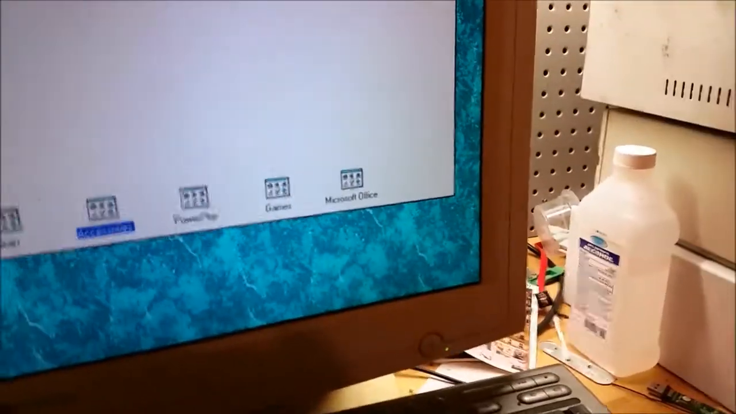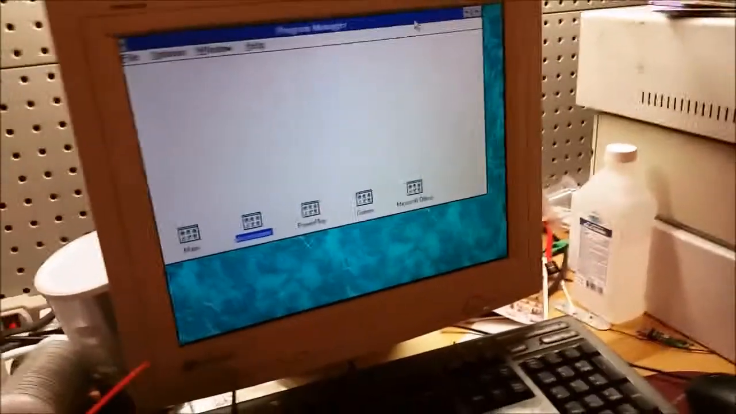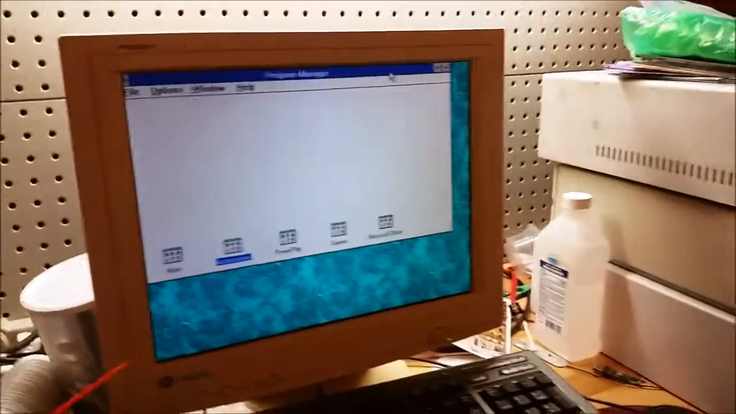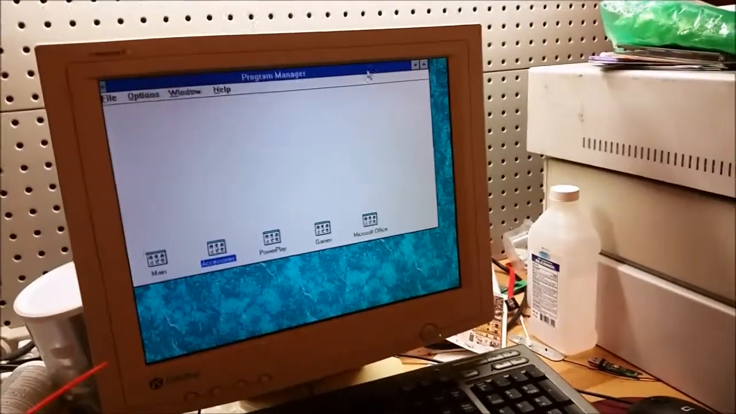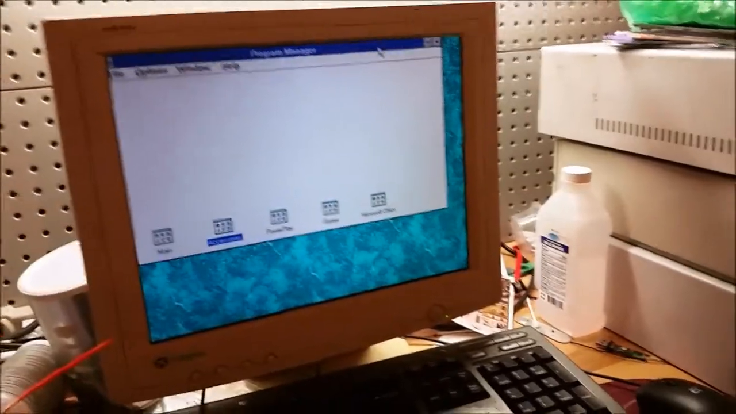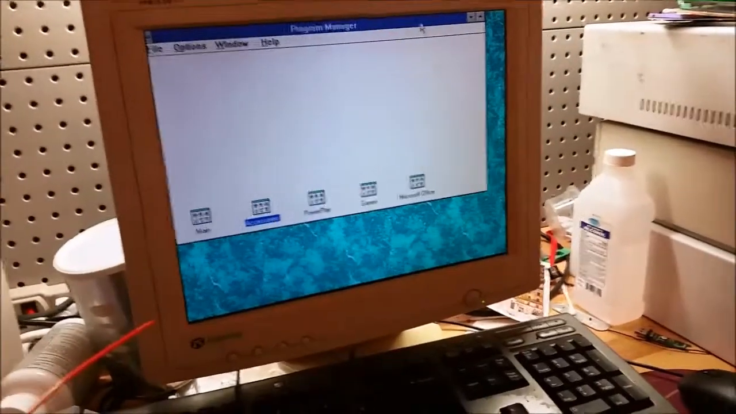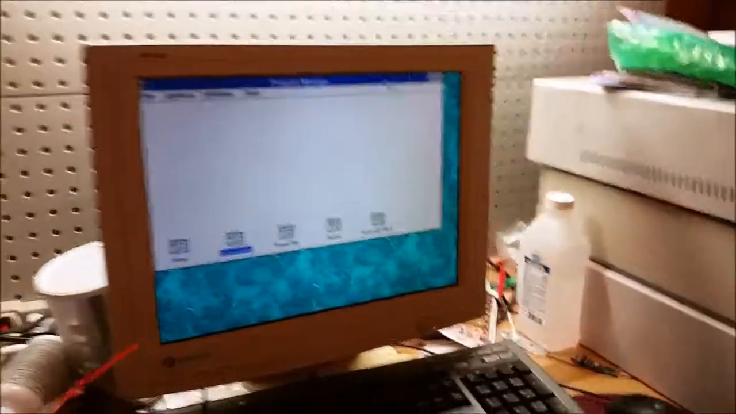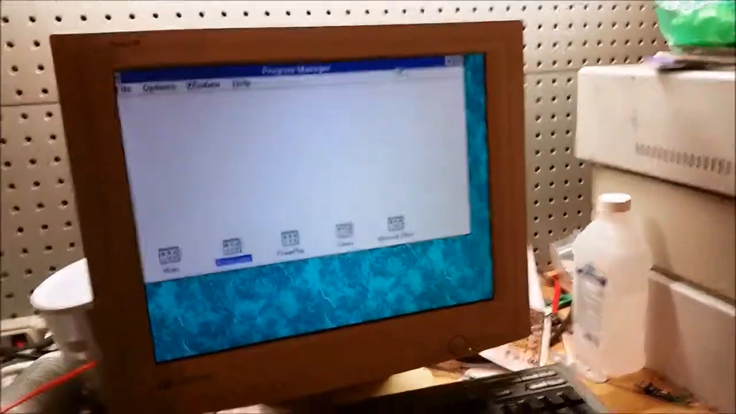Once I managed to get Windows to boot. It wasn't booting prior because they had changed the config.sys and the autoexec.bat, so it wouldn't boot Windows. Changed that and it started right up. So, what do we have here? Well, we have under Main